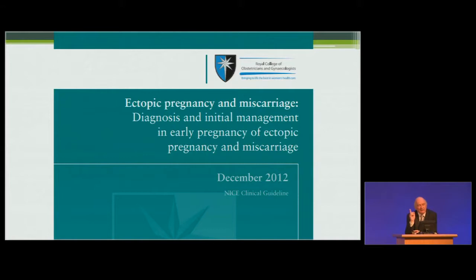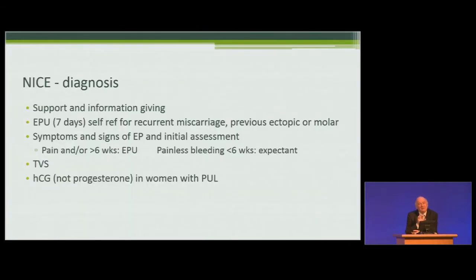And as you saw earlier, some of the RCOG guidelines now have been taken up by NICE, and the RCOG guideline on miscarriage now has been incorporated into a joint document with NICE. This is the Ectopic Pregnancy and Miscarriage Guideline that was published in December 2012. And this, I suppose, it's interesting in the approach that's taken. And from the diagnosis point of view,